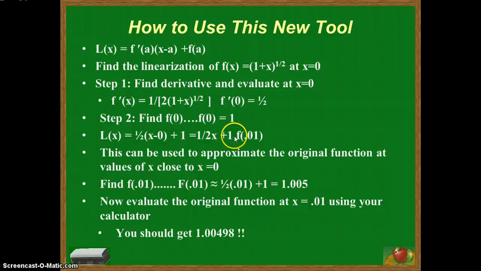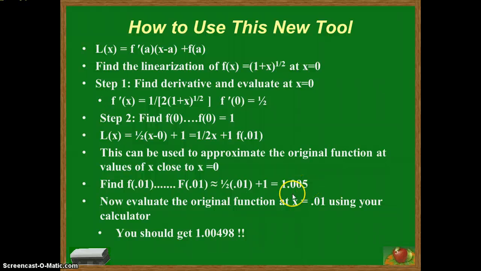Oops, disregard this f of 0.01. That should not be there. This can be used to approximate the original function at values of x close to x equals 0. Here's the f of 0.01. I can find the function value at 0.01, which would be rather difficult by sticking it into the original equation if I did not have a calculator. But I can find this function value by using the linearization, because f of 0.01 approximately equals, here's my tangent line equation, 1/2 times 0.01 plus 1,